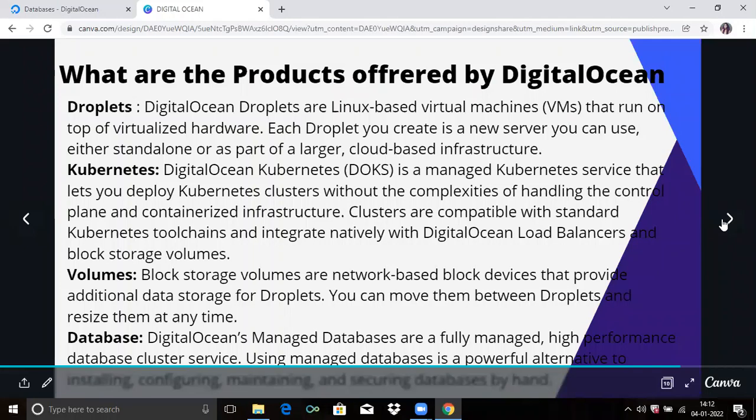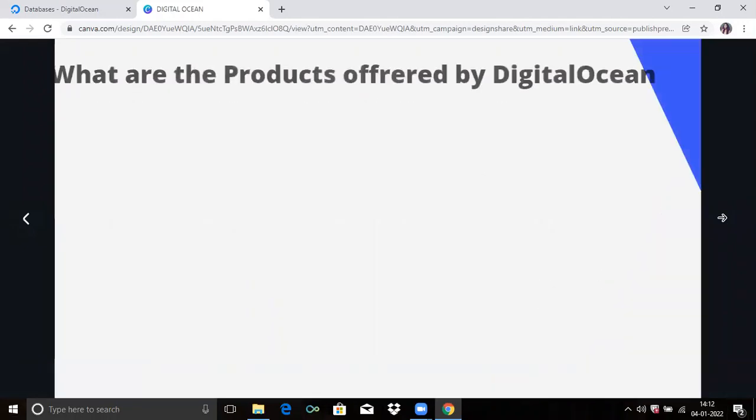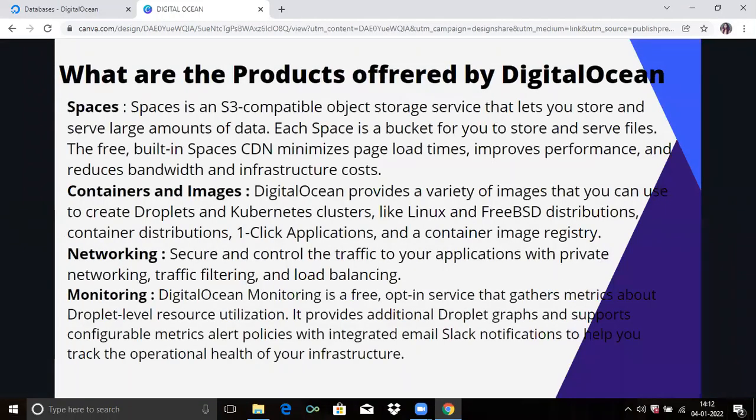Then the next is Spaces. Spaces is an S3 compatible object storage service that lets you store and serve large amounts of data. Each space is a bucket for you to store and serve files.